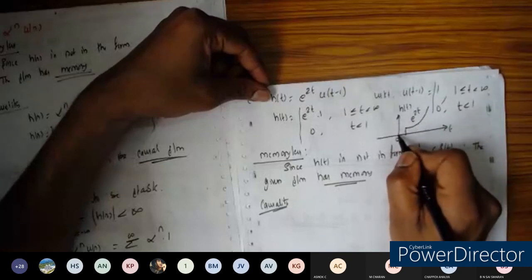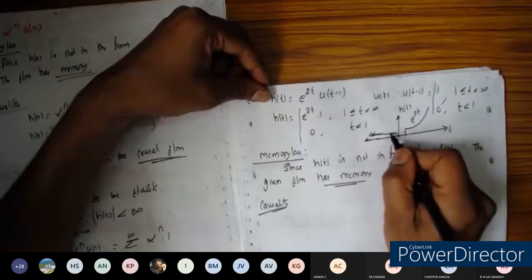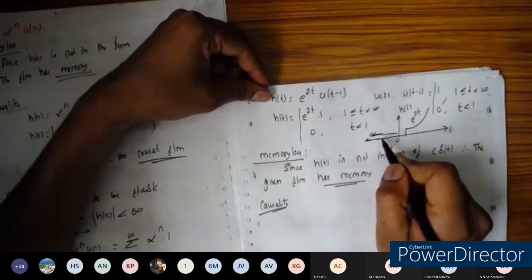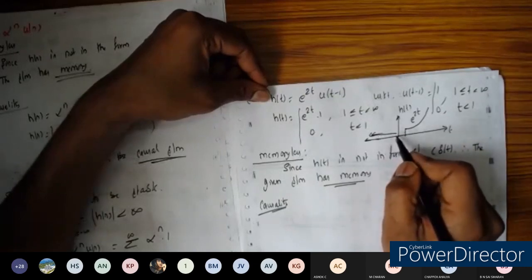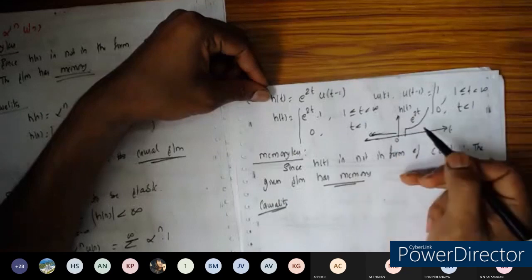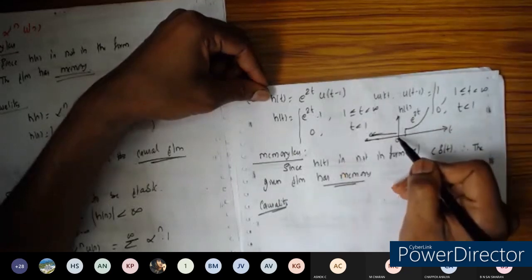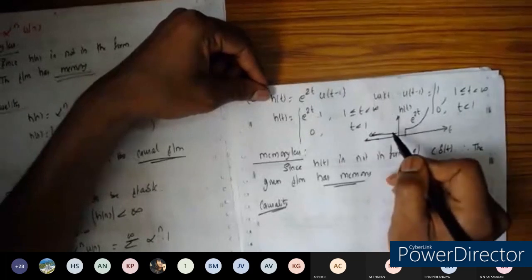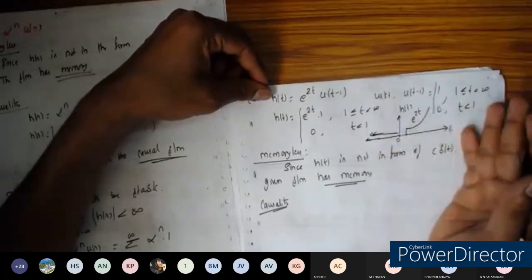Okay, so if the system is defined for the negative time axis, we can say it's a non-causal system. Whether it is defined for the negative time axis? No, sir. So then it's a causal system. Okay, so for a causal system, it should be defined from 0 to infinity, not to minus infinity. If it is defined for minus infinity, then we can say it's non-causal. Suppose it's a general English meaning.